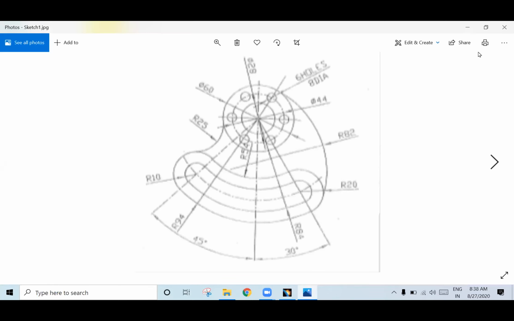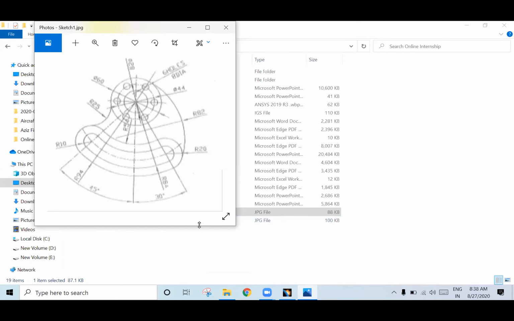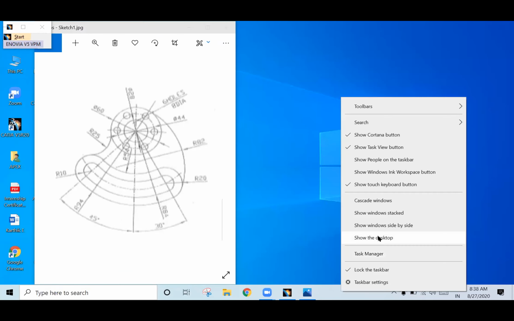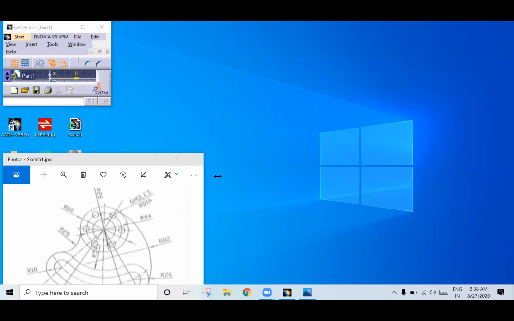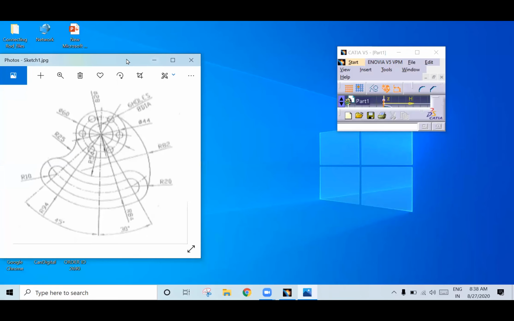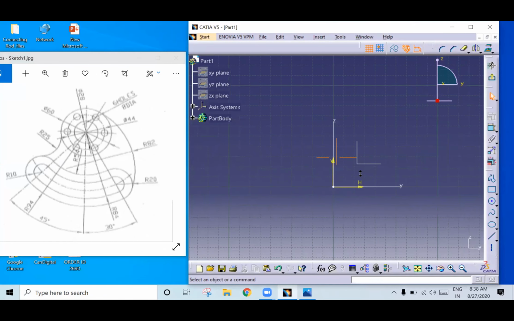So I will show you this example. Okay, so all of you are getting the screen?